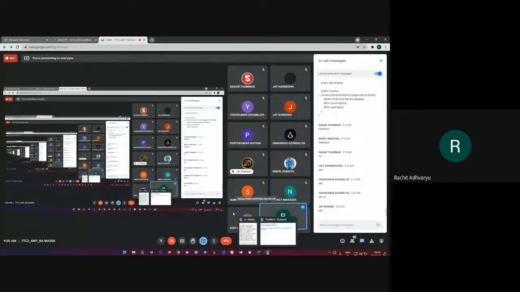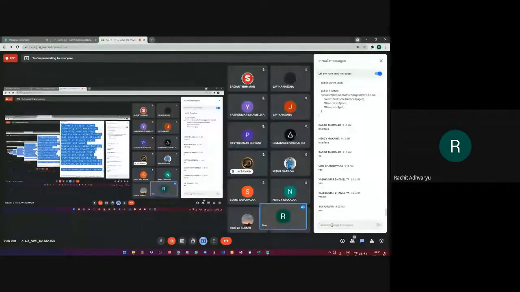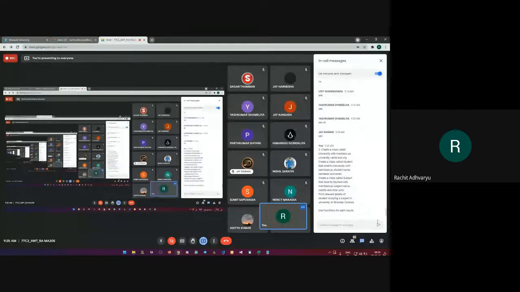Then you need to implement this second program first. That is compulsory from my side. So I'm pasting it in your chat, Steven. Take a copy of this. I want this program implemented before the next lecture, that is on Monday. Right? And then we'll start with the next topic of this particular unit.